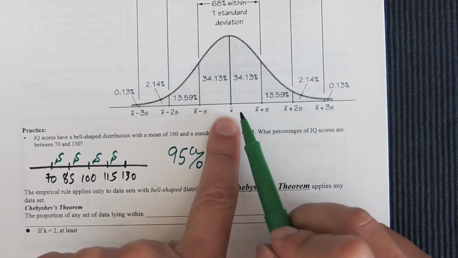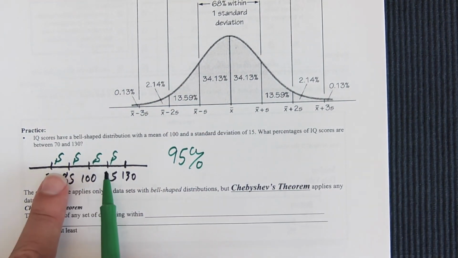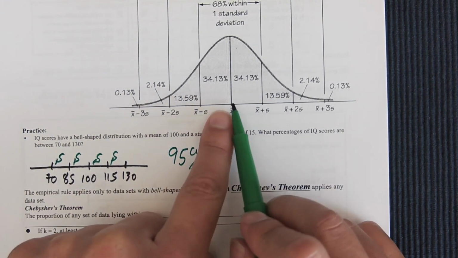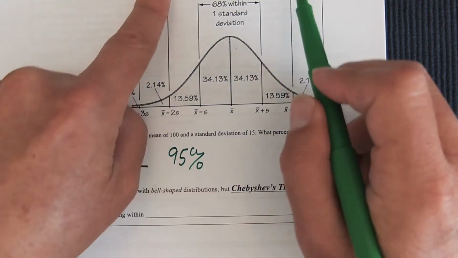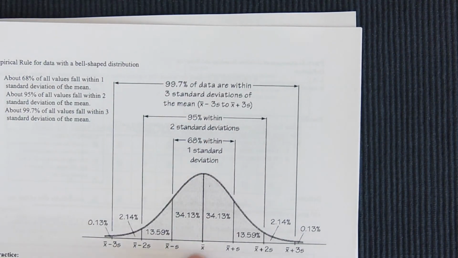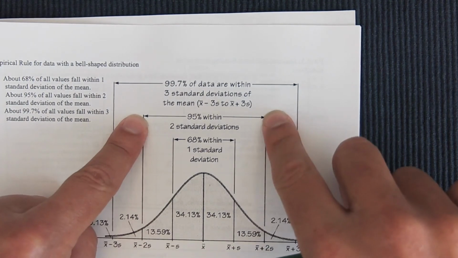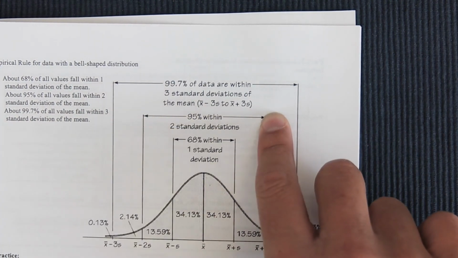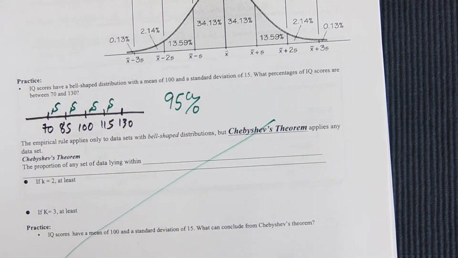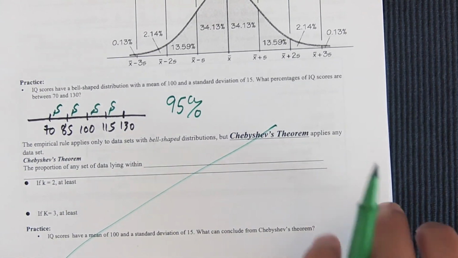Once again, we started here at the mean, went a standard deviation out, and between 70 and 130, that's 2 standard deviations out. That captures 95% of the information. Once again, 2 standard deviations out gives us 95%. We are not going to be doing Chebyshev's theorem in this class, and that actually ends the